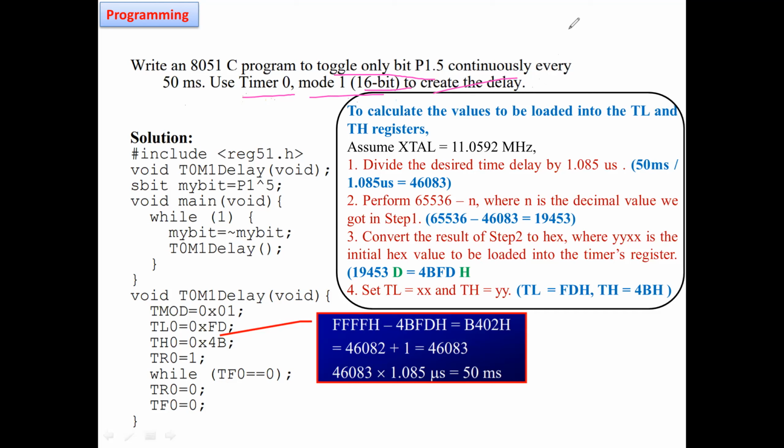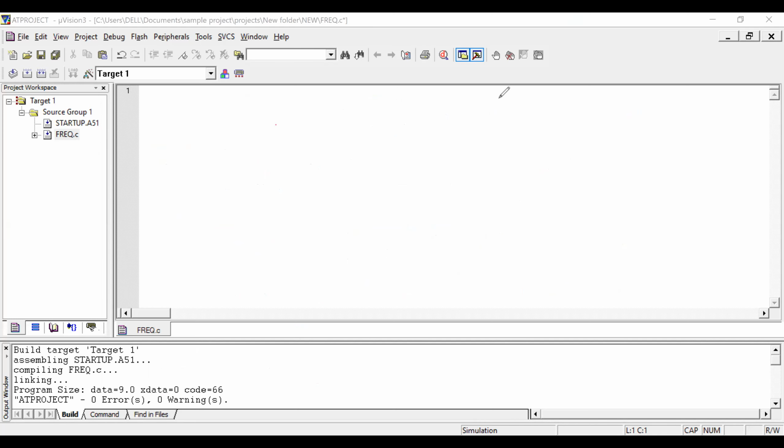Now I will take the C program to toggle my pins. I will start with the program here. #include, I'll take the register 51.h header file.